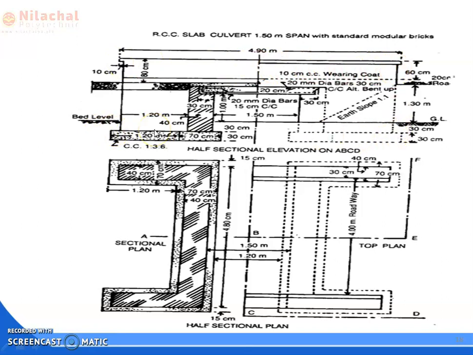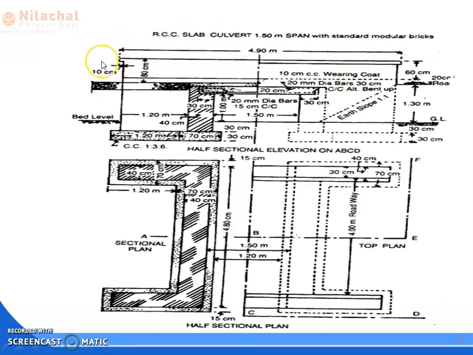It is excluding coping. It doesn't mean including coping. It is excluding coping we consider. Okay. So first of all, the face wall is from this point. First of all, we know that this point to this point distance is 4.70. How can I define? Because the total distance is 4.90.